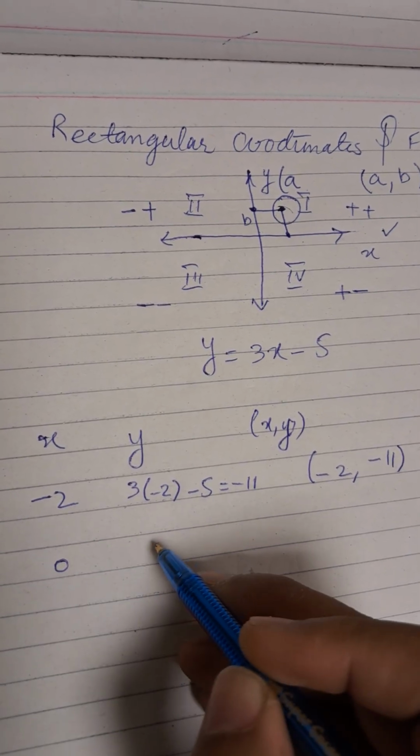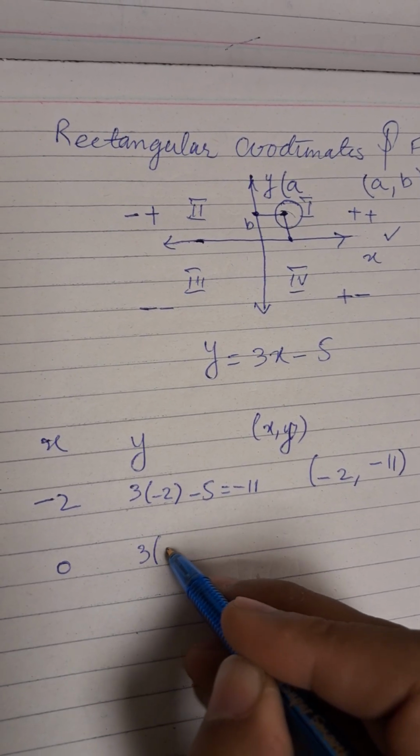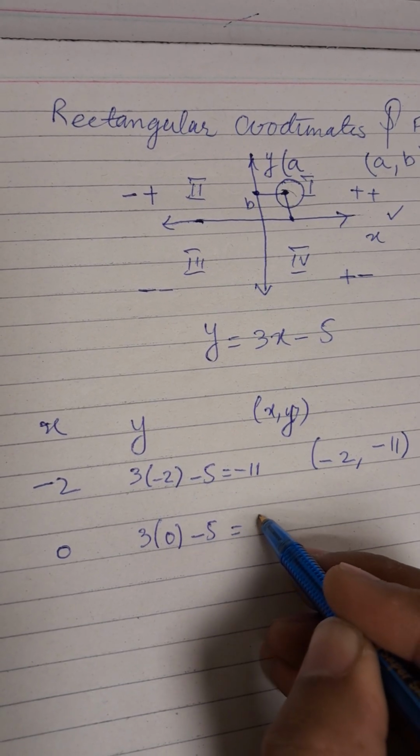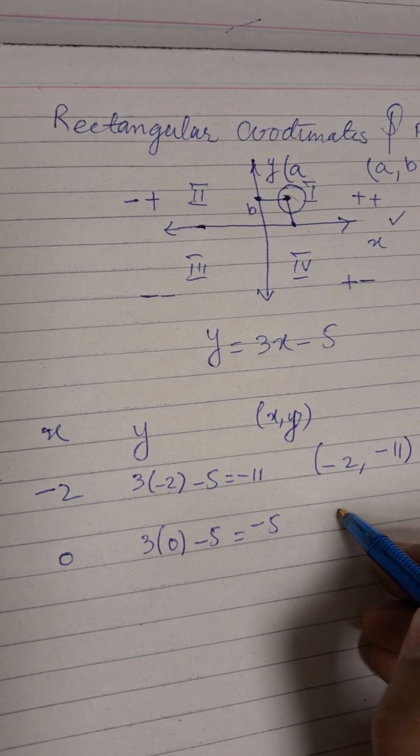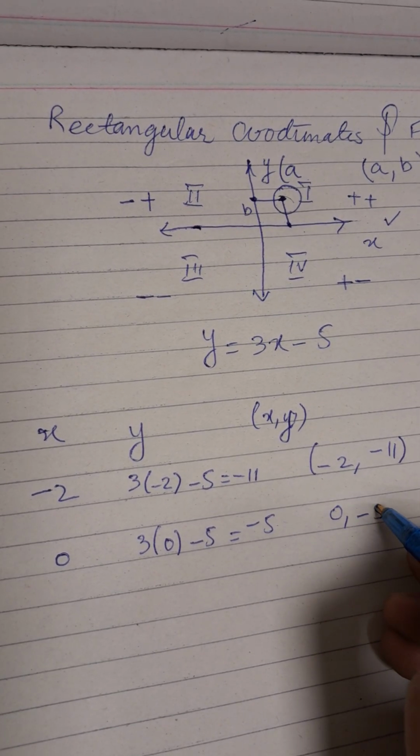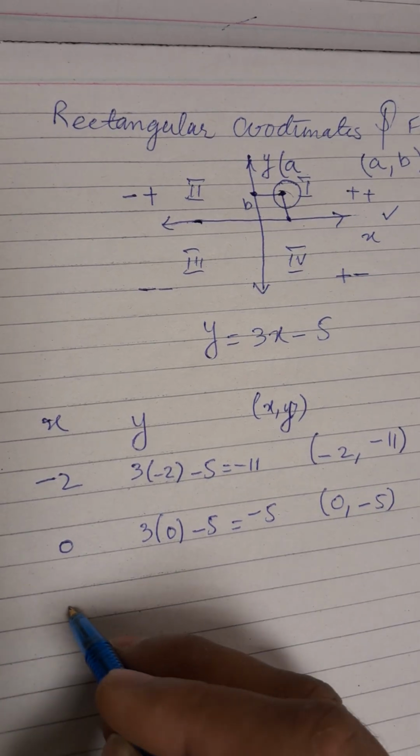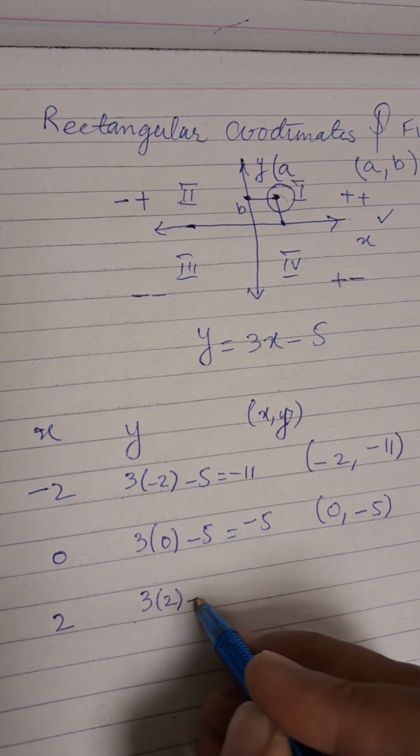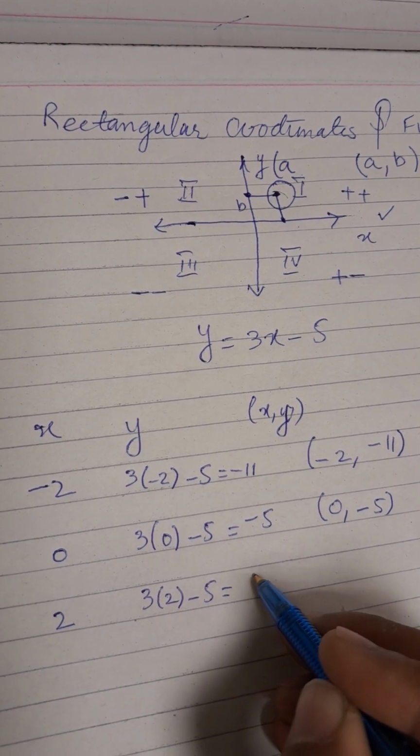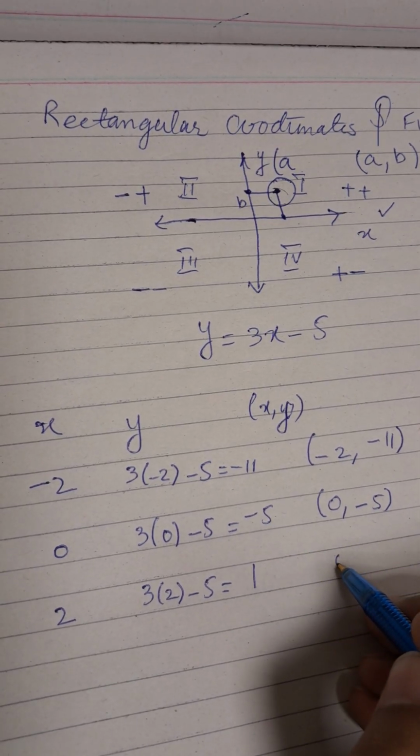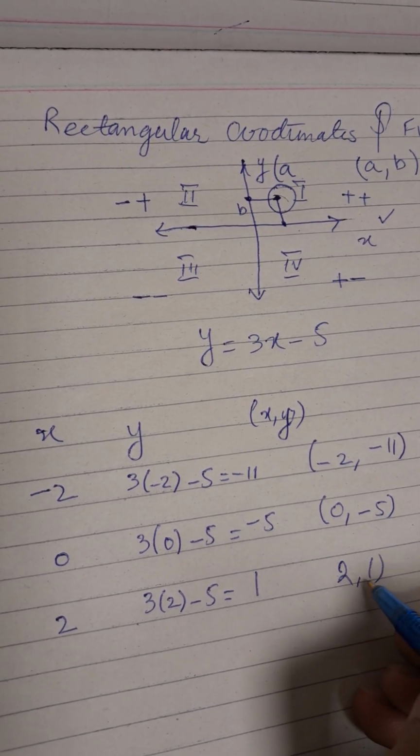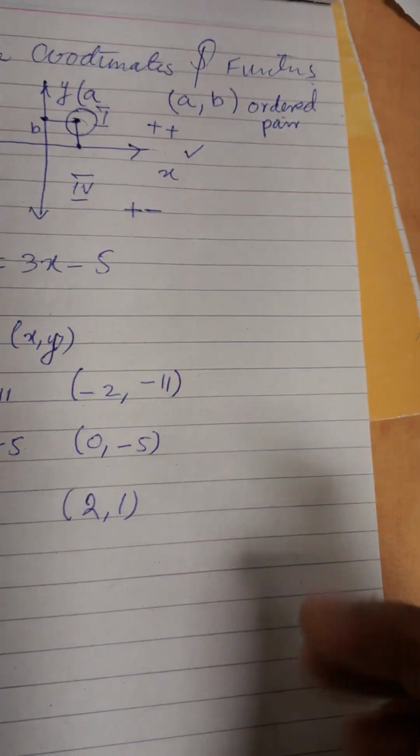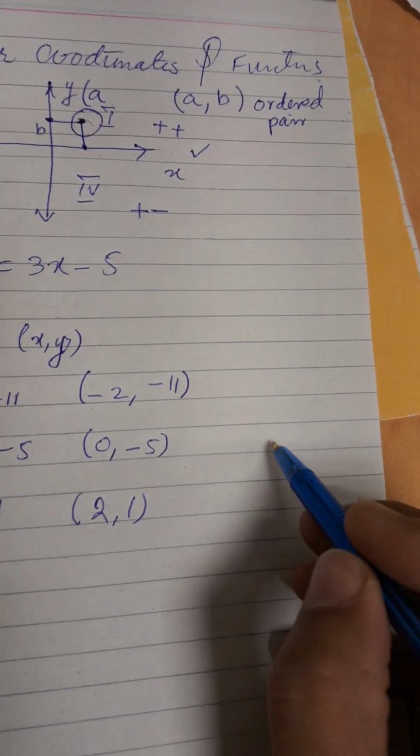Similarly, if we have 0 for x, this would be 3 times 0 minus 5, it would be minus 5. So the ordered pair in this case would be (0, -5). And for example, if we have 2, 3 times 2 minus 5 would turn out to be 1. So the ordered pair would be (2, 1). We can go on and on like this, but the thing which I am trying to depict here is